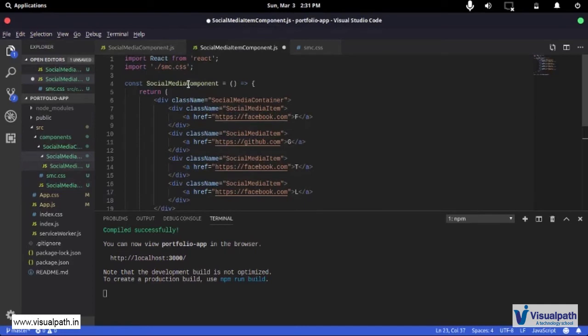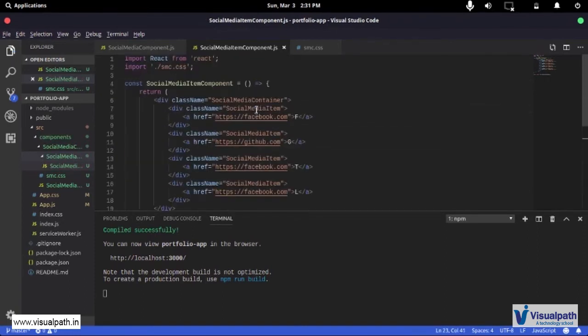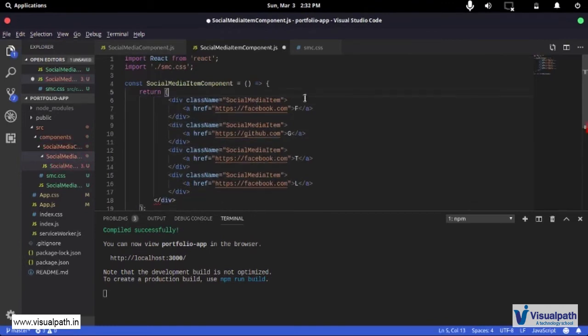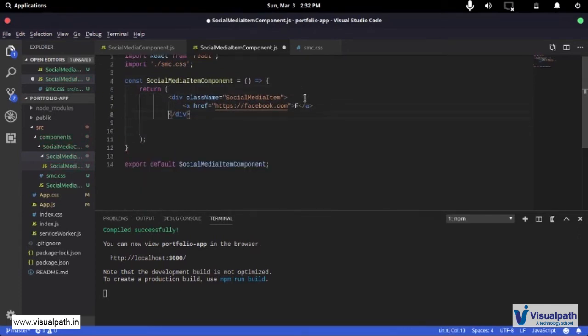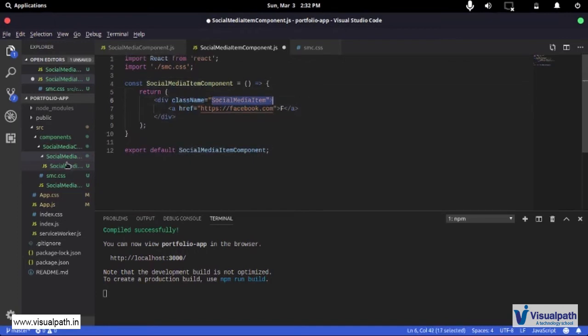So I want to have this, and the name is item component. I'm going to copy this so that I can paste it down, and I'm going to export this in this case. So removing this, I'm going to export this. Now I want to return just one of those, so remove this and everything under it, and fix the indentation, so it's good now. Now we don't have this class social media item, so we are going to create CSS,